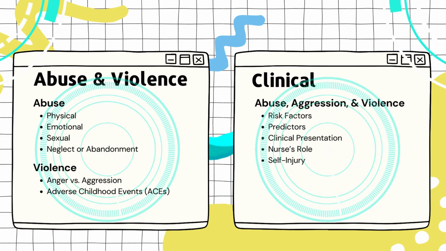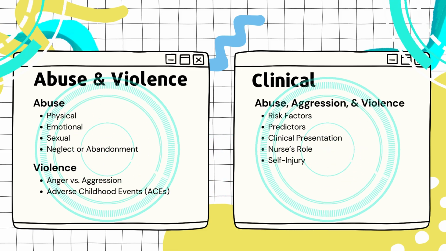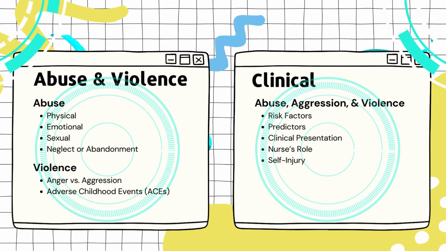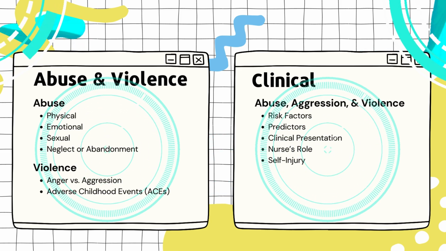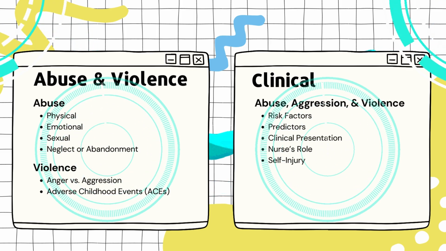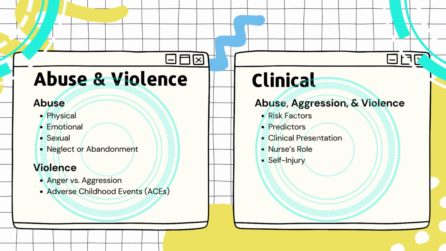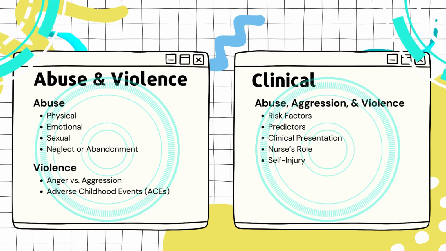Risk factors associated with abuse, aggression, and violence are a history of violence, being the victim of a crime, witnessing abuse or violence, poor self-esteem or inadequate coping skills, no presence of a positive role model throughout childhood, and adverse childhood experiences. Predictors of violence are an inability to control aggressive impulses, not being able to understand the consequences of actions, lack of remorse when interacting with others, and substance abuse.